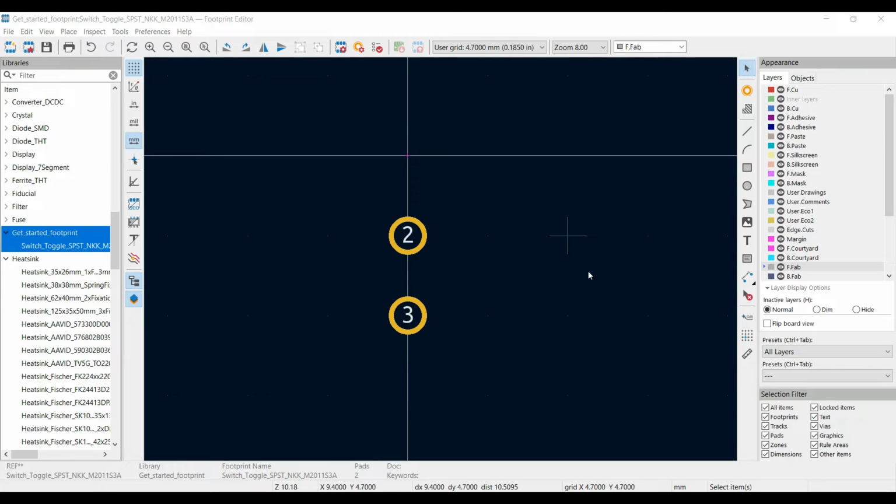Now dear students, till now we have added two pads in our footprint, pad number 2 and pad number 3, that are spaced at a distance of 4.7 mm, as we have seen from the data sheet. So now it's time to add some footprint graphics. A good footprint will have the exact part outline drawn on the fabrication layer, and a slightly larger outline on the silk screen layer,